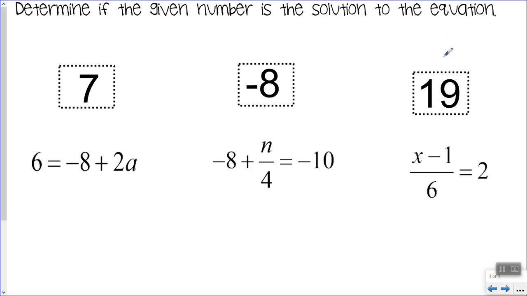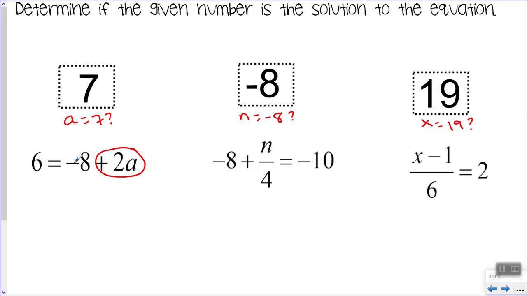For these types of questions, we want to know, is this number the answer? So does a equal 7? Does n equal negative 8? Does x equal 19? If we look at the first one, we again would start by circling our variable group,